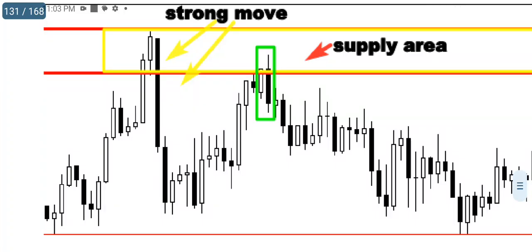Today we are going to understand the meaning of what we call the supply and demand area zones in a financial market. As the words pronounce, supply and demand. We all know that in commerce,